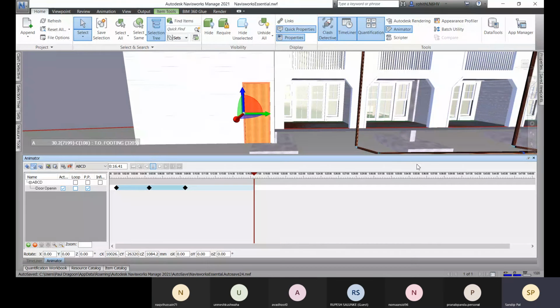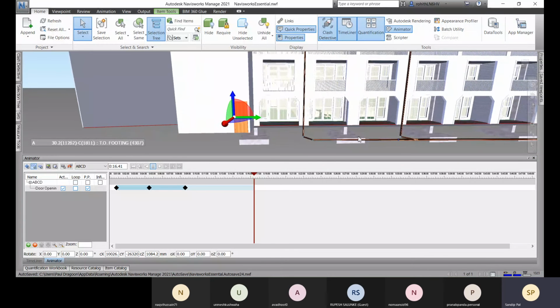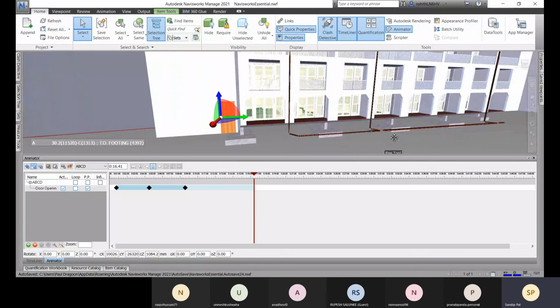For any object, you can create with this animator option. Now I'll show you how we can export the animation.